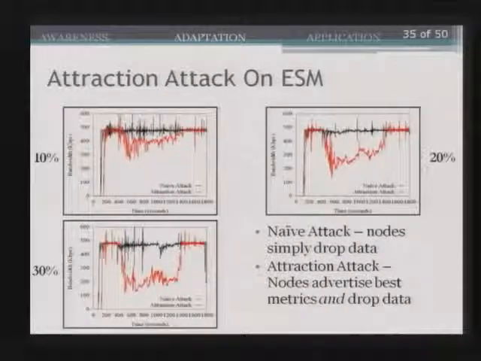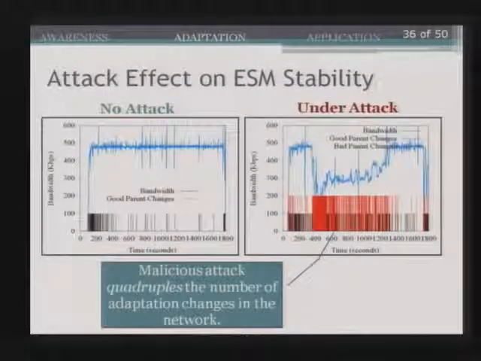However, as the nodes perform attraction attacks in combination with dropping data, we can see that the performance of the system begins to degrade. As the number of malicious nodes increases, the performance continues to degrade. With 30% malicious nodes, the bandwidth drops to about 200 kilobits per second, or about 25% of what the system is able to perform. And not only does the performance of the system suffer, the stability of the system and the number